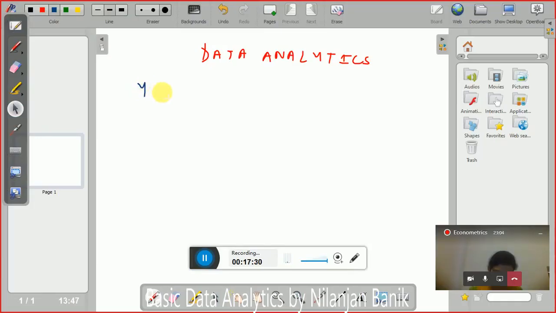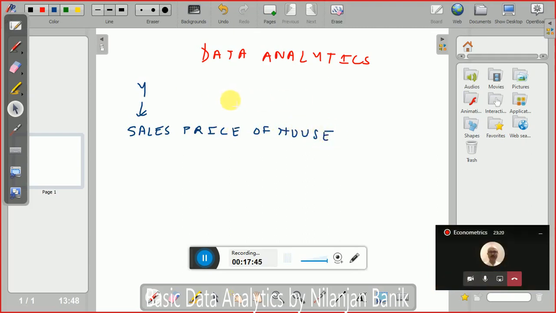Of course, my dependent variable, in the file that I've shared with you, is the sales price of a house. I'm talking about the Excel file, and that we are going to do in a moment from now. And as you can understand, the sales price, which is my dependent variable, is dependent upon a variety of things, which we are calling X or independent variables.